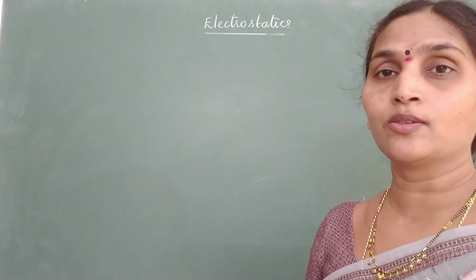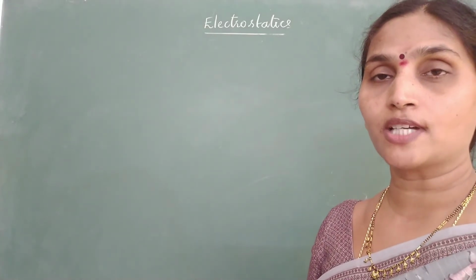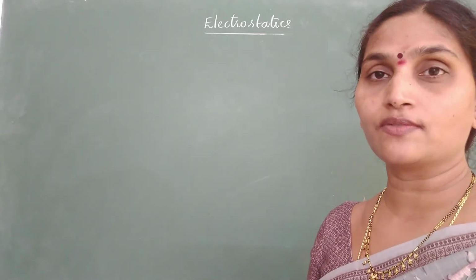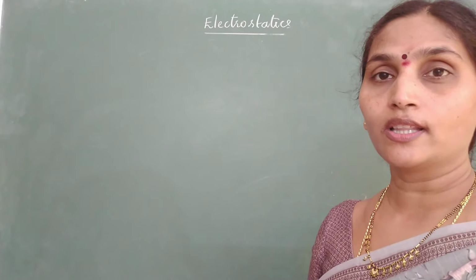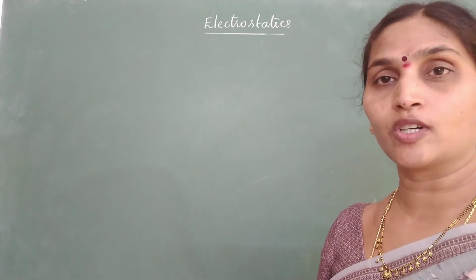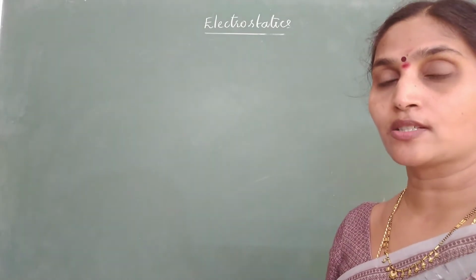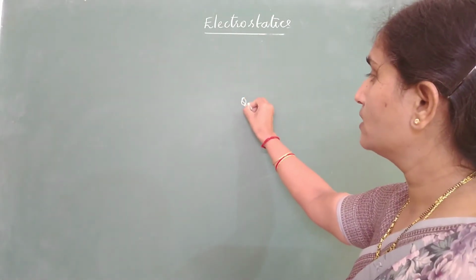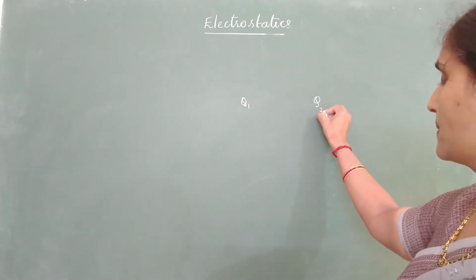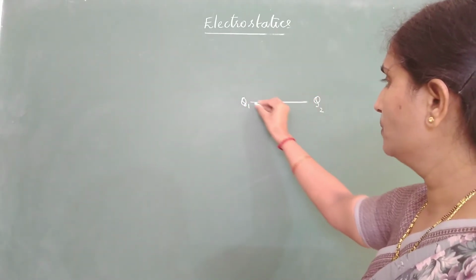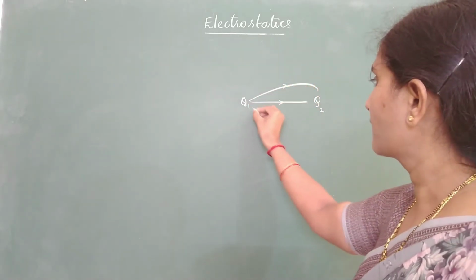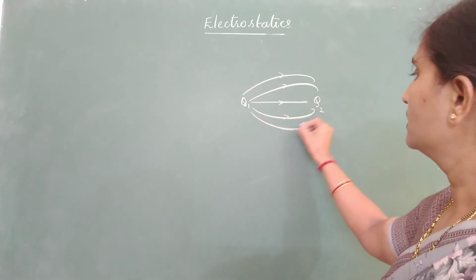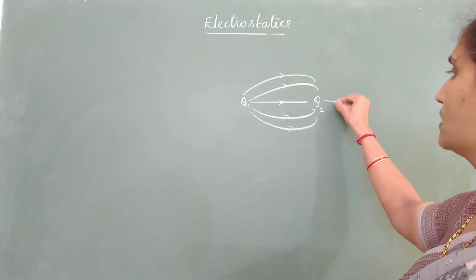I don't think you need to be taught the distribution of field lines for a positive charge, negative charge, dipole, 2 positive charges separated by a distance, or 3 positive charges at the vertices of a triangle. All these field line diagrams we have already studied in the subjective. But let me discuss 2 questions here. Sometimes a question is given like this: 2 charges Q1 and Q2 are separated by a certain distance, and the nature of the field is as shown below. Field lines are starting from Q1 and terminating at Q2.